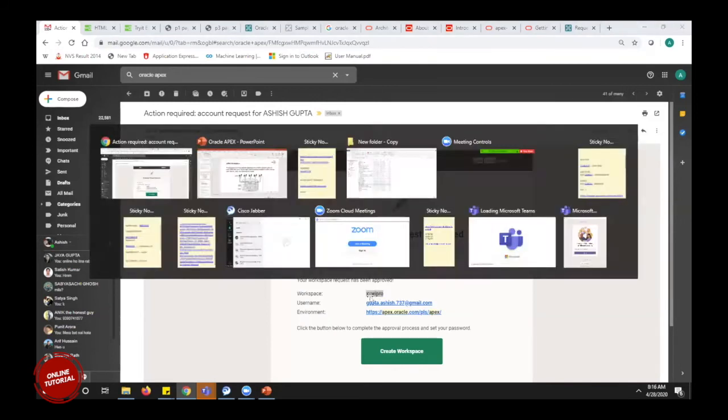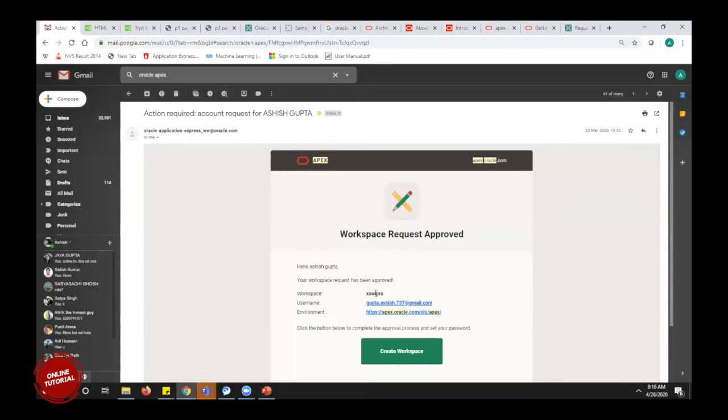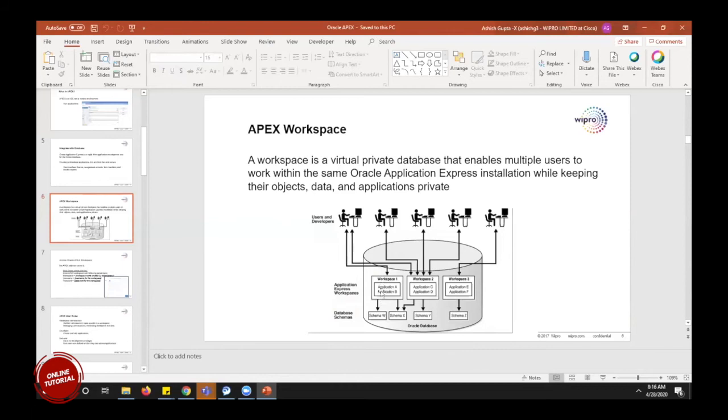If needed, we can create different applications inside a workspace, but the workspace should be one, because in that database we are creating one workspace. Inside the workspace we can have many schemas. We can have the app schema, we can have the Access schema, whatnot. Once we have created this workspace, Access Wipro, we can shift from the app schema to the other schema inside that. That is possible.